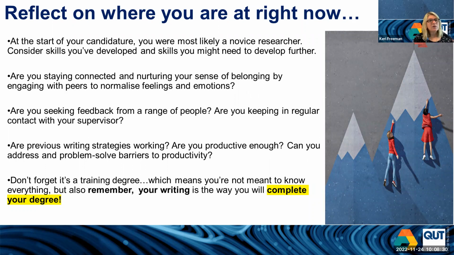So even though this reflection now is to say that there's still some things you need to work on, that's completely normal and okay. This is a training degree. You're not meant to know everything. And when you're doing the reflection, you don't have to focus only on writing. Of course, there'll be other things that'll come into your mind, which is fine. Just remember you're writing those how you're going to complete the degree, isn't it?